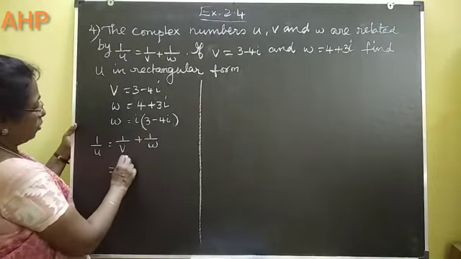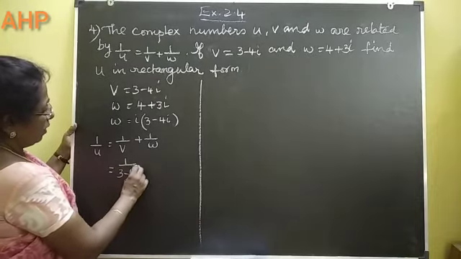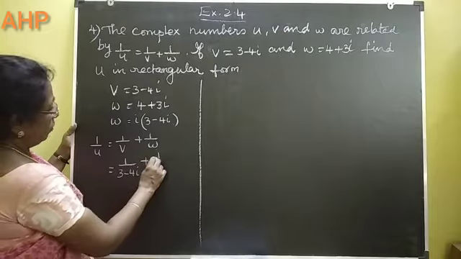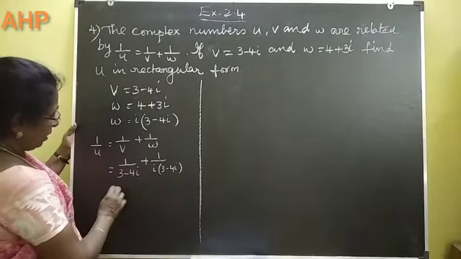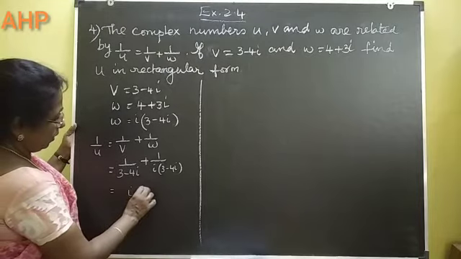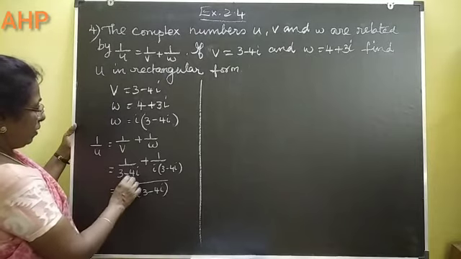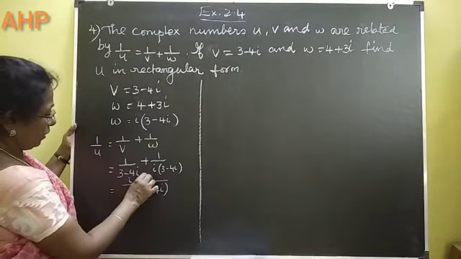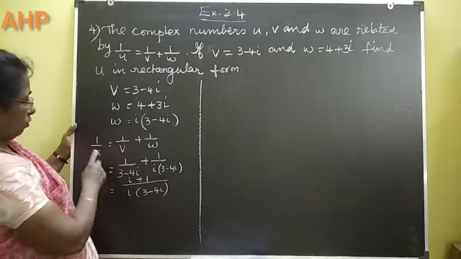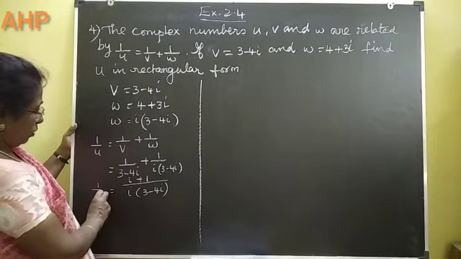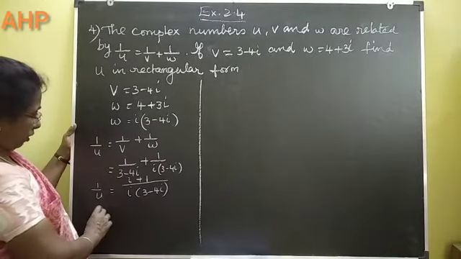So this is equal to 1 by v, where v value is 3 minus 4i, and w value is 1 by i into 3 minus 4i. Now taking LCM as i into 3 minus 4i, we get this to be i plus 1. Now this is 1 by u. So if we wanted to find out u, therefore